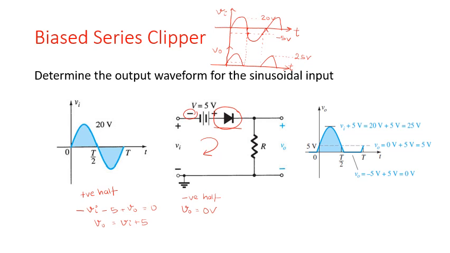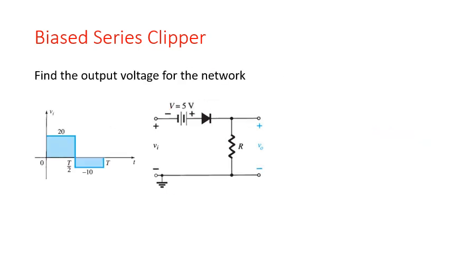Now this is the equation from which you have to draw this waveform, but the shortcut method that we use is, if I see a -5 over here, I draw this -5 and then accordingly I draw the wave that is remaining. This is known as a biased series clipper. I'm assuming that you have understood everything till here and you actually understood what exactly a clipper behaves like. So we are going to do something a little bit more tricky.